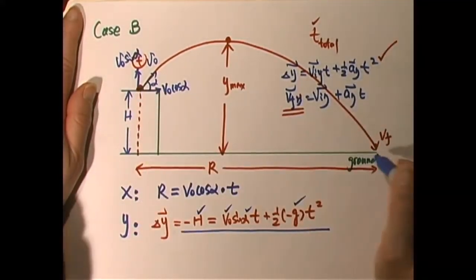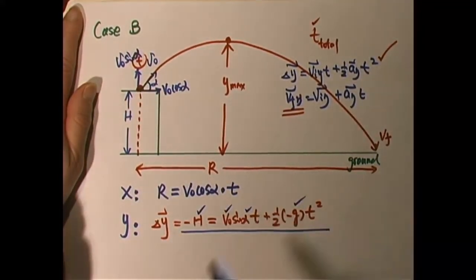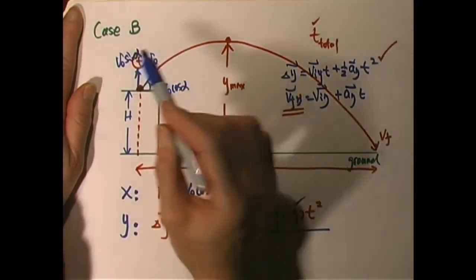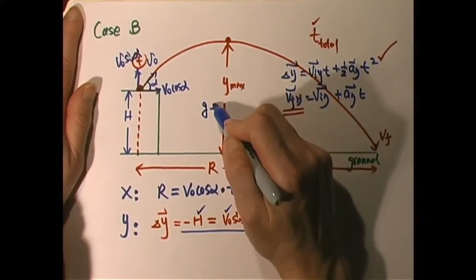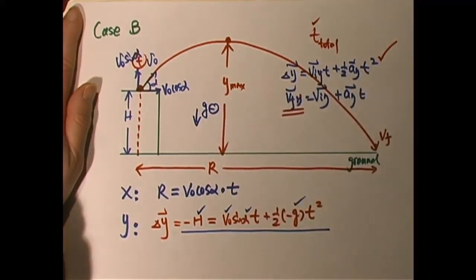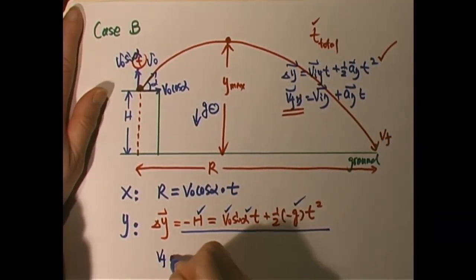So you start from here, you end up on the ground. You drop, which is negative because moving down, because we define up as positive. G is negative, down is negative. So it's always a good idea to use this one to solve the total time. Once we know the total time, we can find our V final, because V final equals